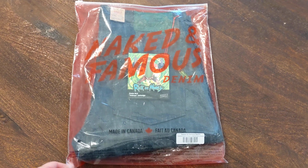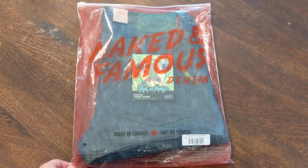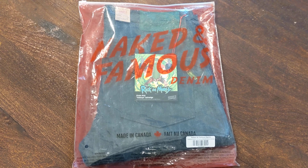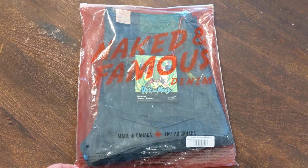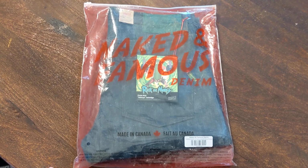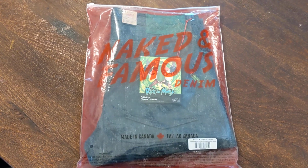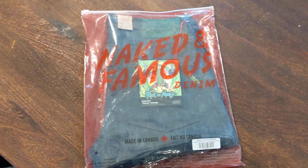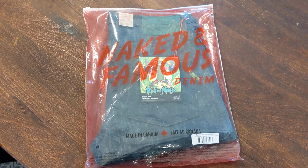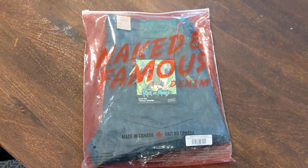Alright guys, doing a super quick unbagging of Naked and Famous denim today. This is the Rick and Morty collection that they did a few months back. I was kind of waiting for it to be released, watched it be released, each piece, and there's a couple, honestly, besides the Morty, which was kind of more basic, besides the color Selvedge ID. The other three looked really interesting, which if you're fans of Rick and Morty, you know all the characters, obviously,